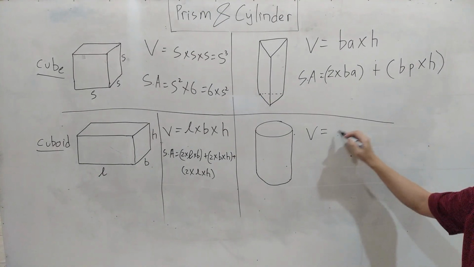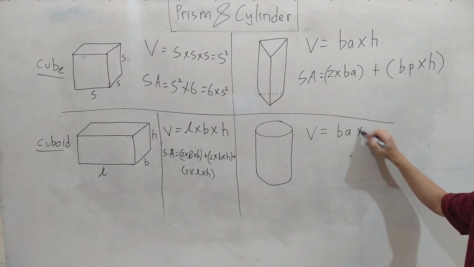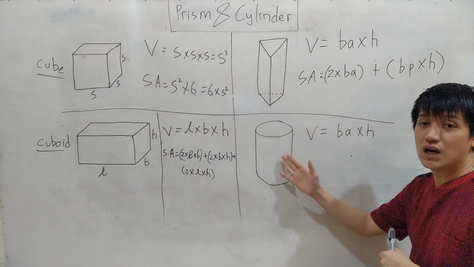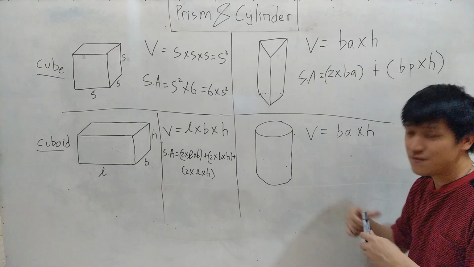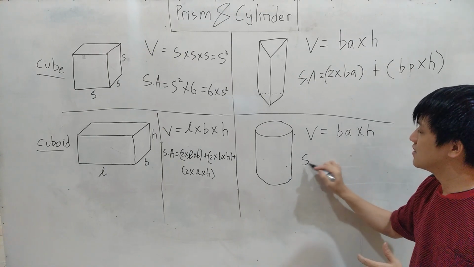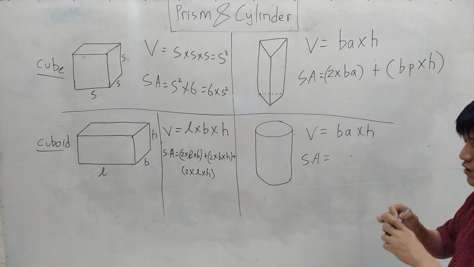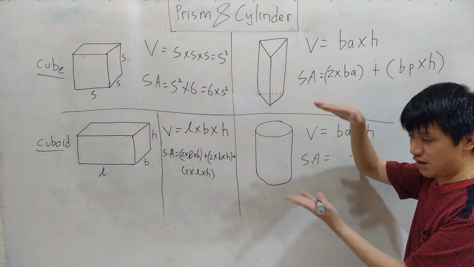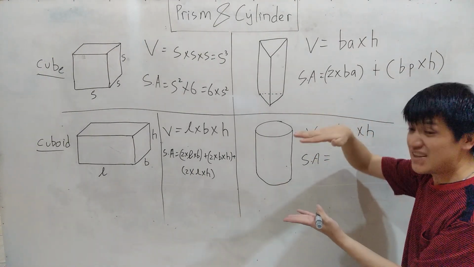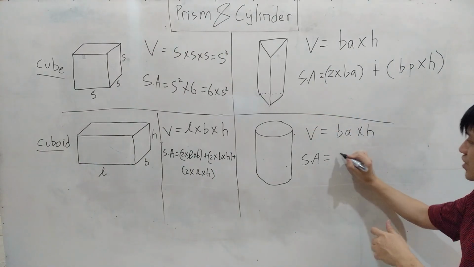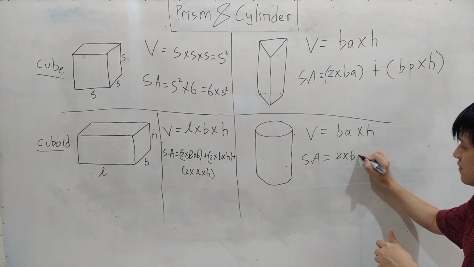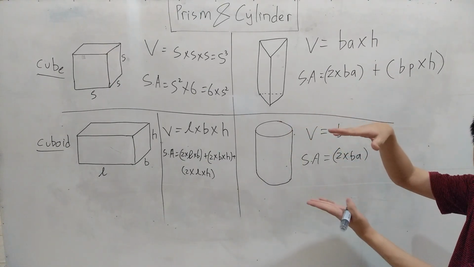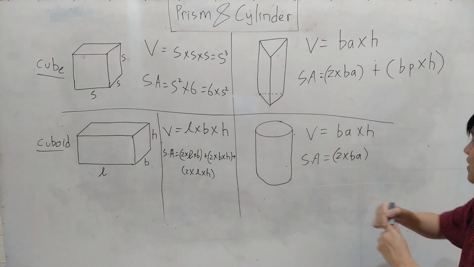The volume will still be base area times height. The base area, however, you will use the circle as the base area. As for the surface area, or when you want to cover everything, you need to cover the base and the top, which is 2 times base area. Why 2 times base area? Because the top will be the same as the base, right? So it will be 2 times base area plus,